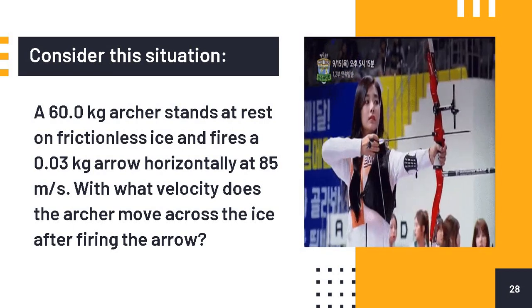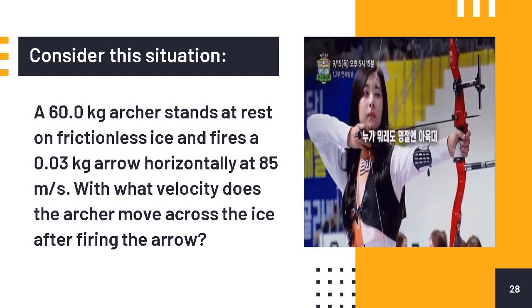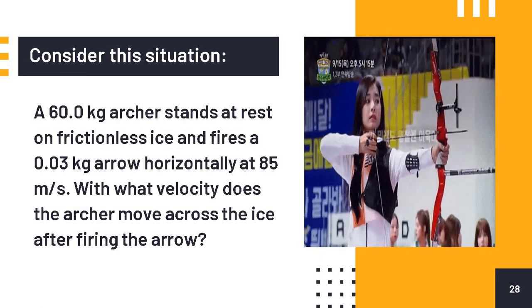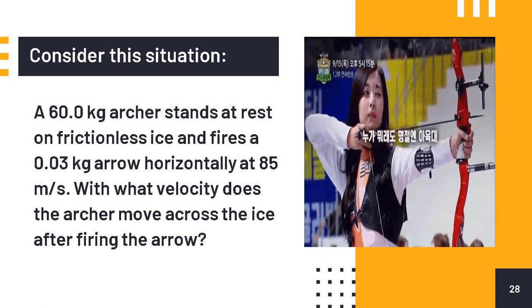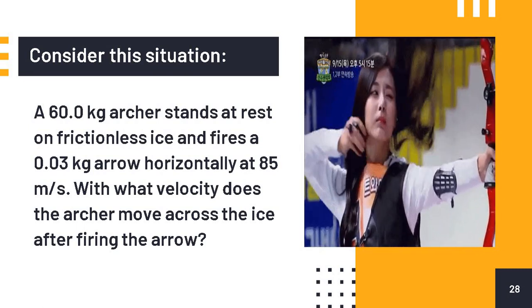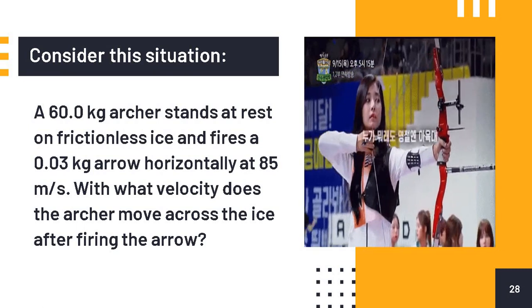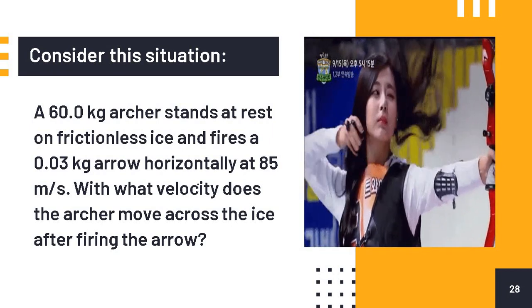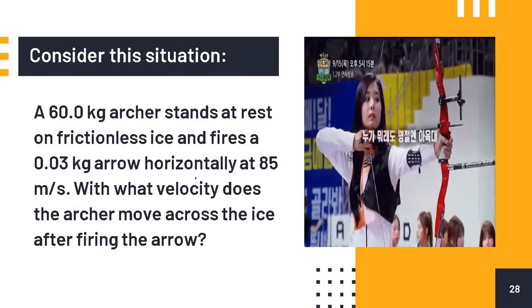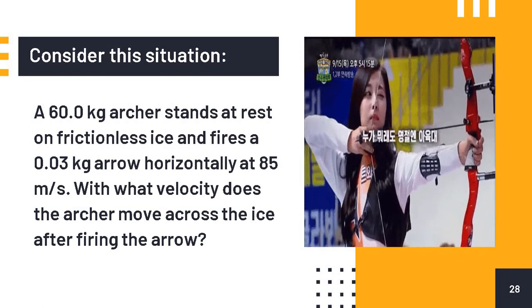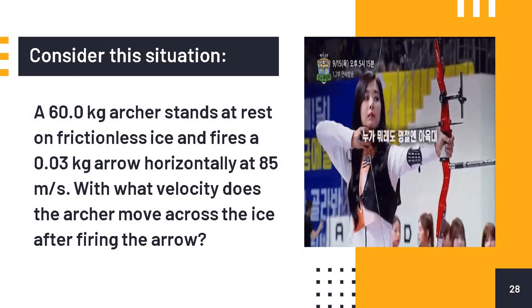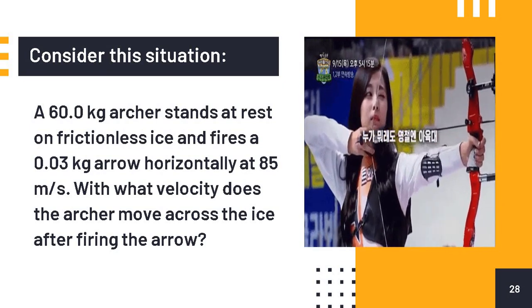As for energy models, we can't use those either because we don't have the work done in pulling the bow, and we would definitely need that in order to solve for the missing quantity, which is the velocity of the archer. Since we can't use those models and diagrams that we've discussed in the past,